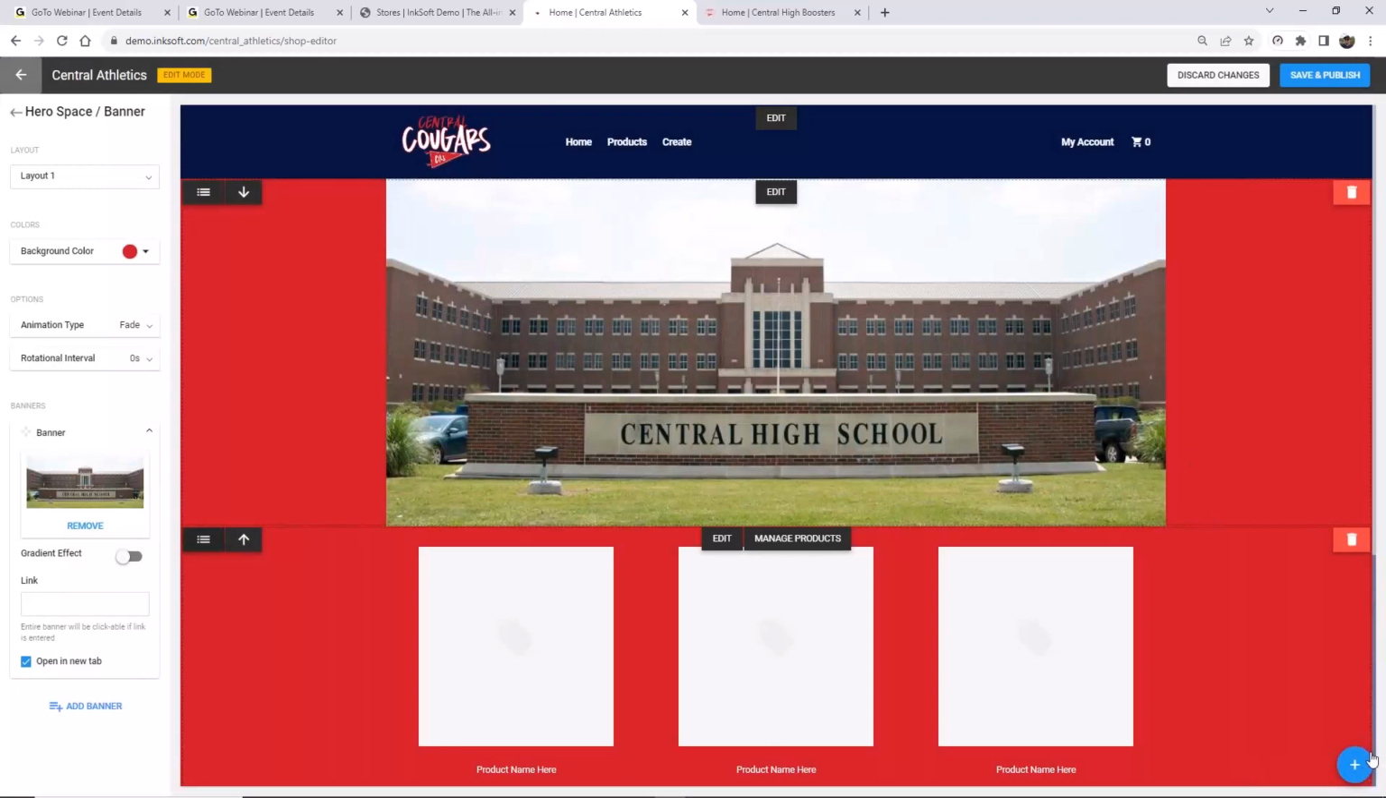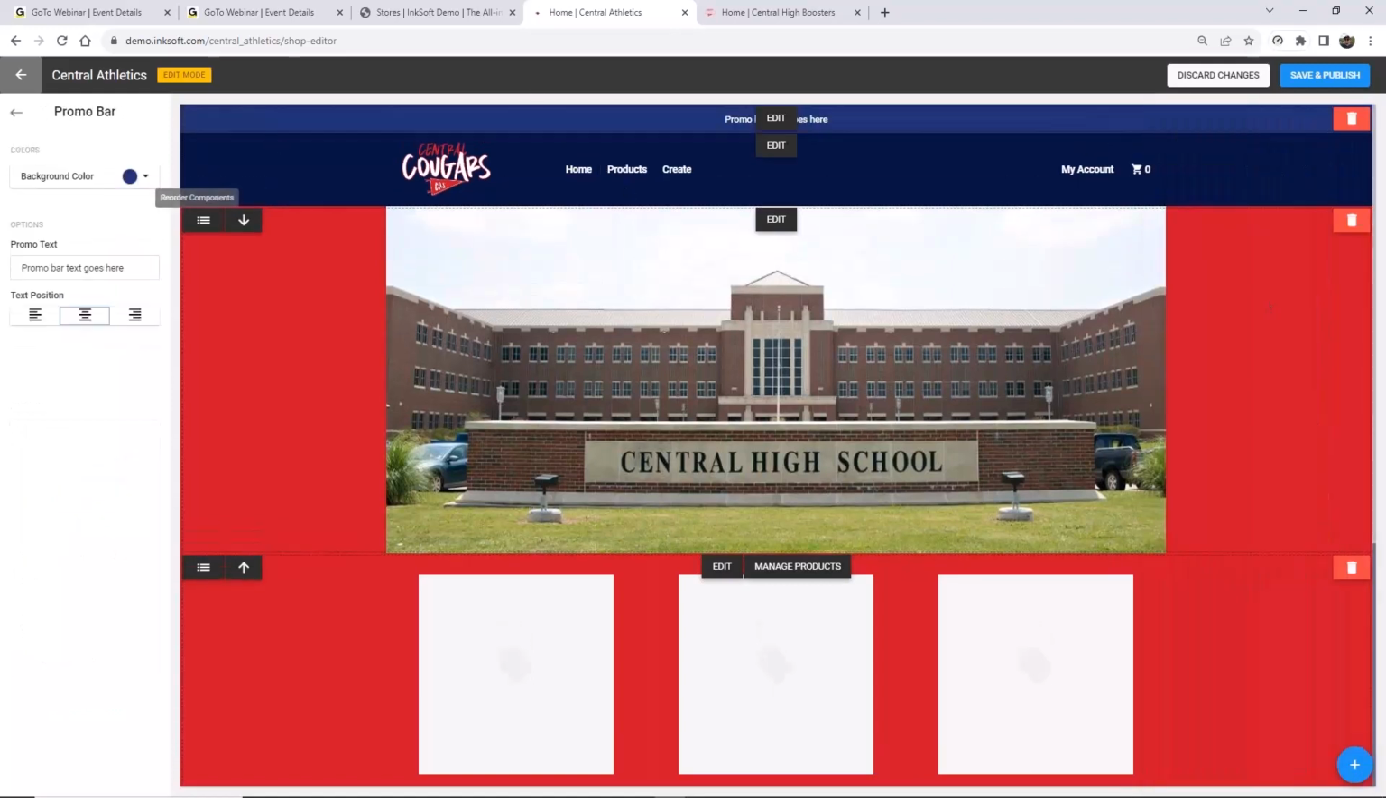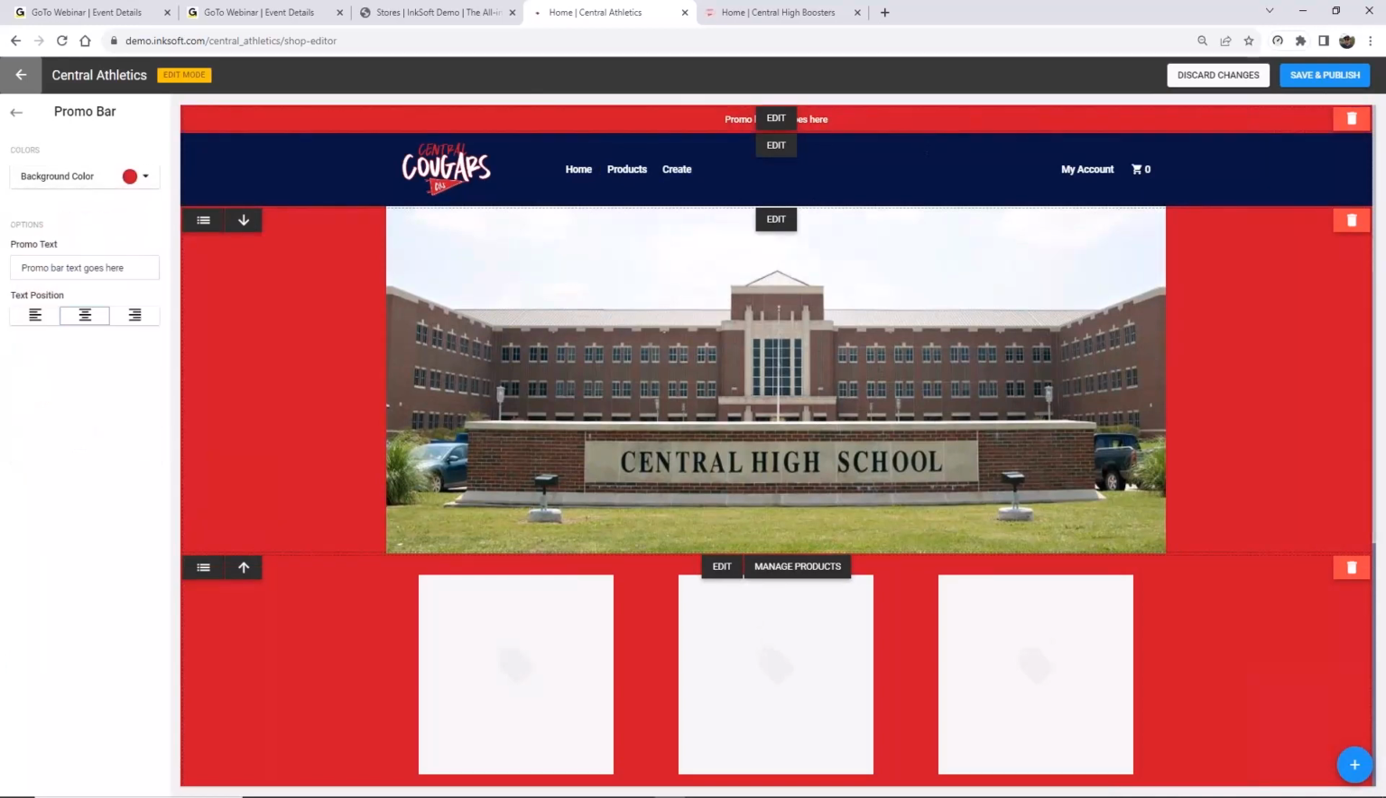Okay, another thing that I want to add in here is a promo bar. So I'm going to hit plus. This is how easy it is to add components. I'm going to add a promo bar in here. I'm definitely going to make that contrast with the red. And we've got to edit the copy in here and say